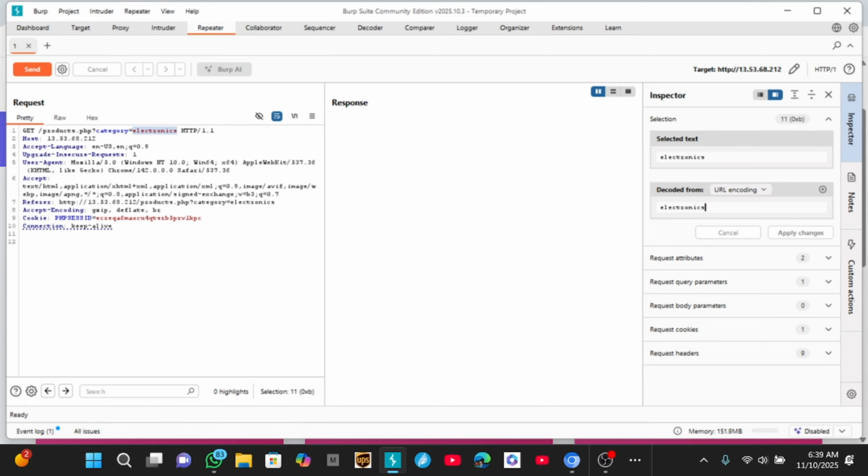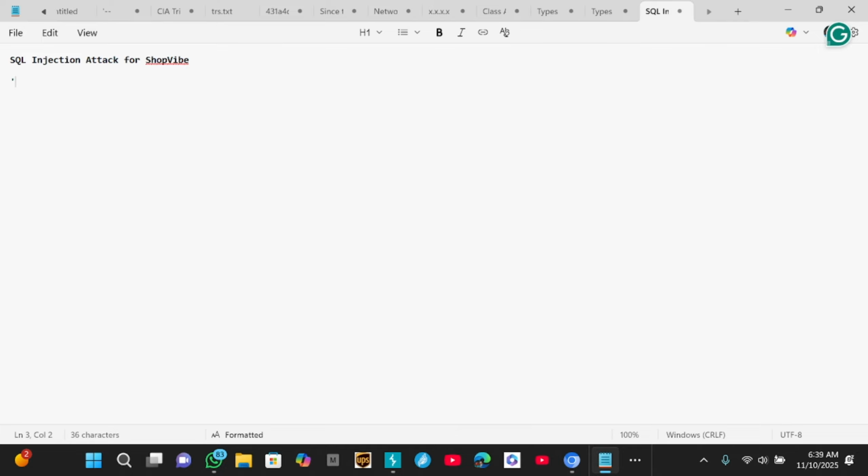What the payload does is that it sets all conditions in the database to true. So when we say or one equal to one, then we are trying to set all the conditions in the database to true. Look at an instance where you are retrieving something from the database and you say something like